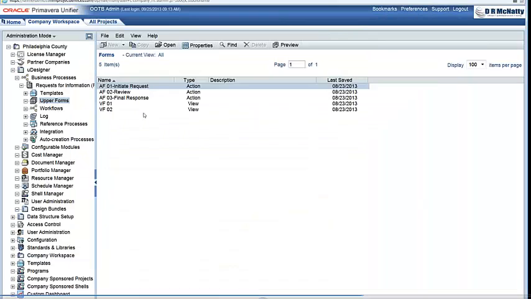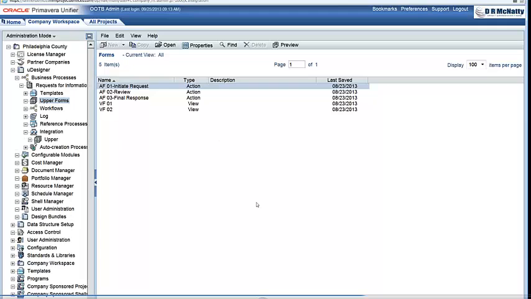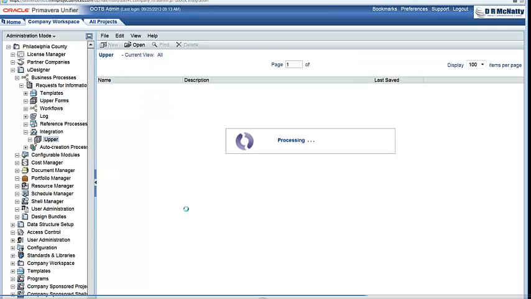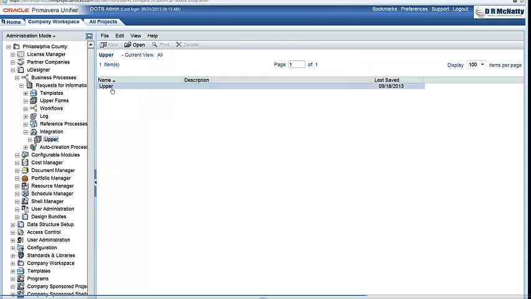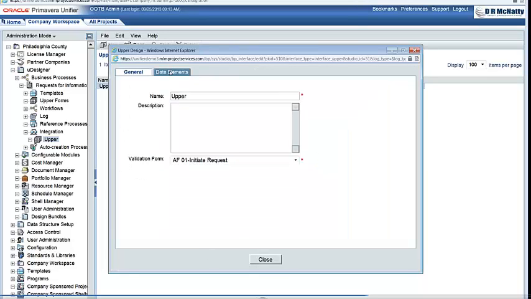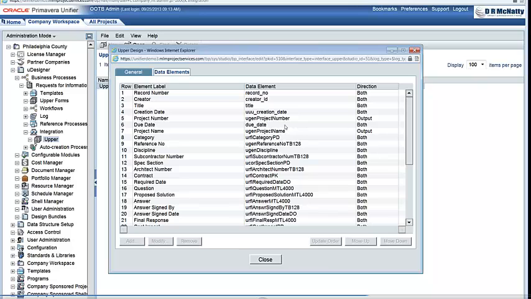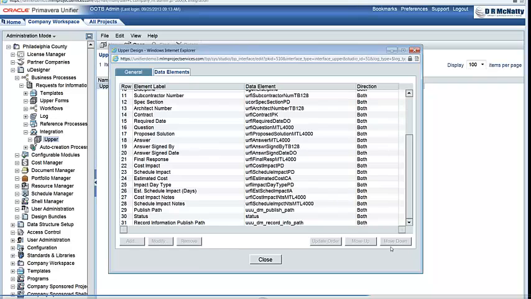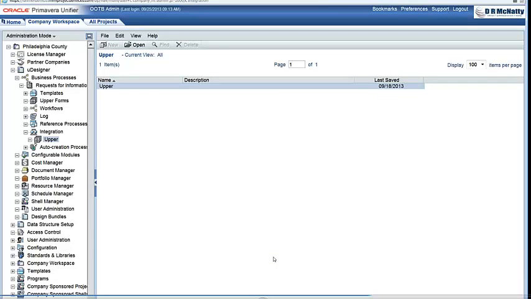One thing to remember as well: if you have made modifications to the form, you would want the integration process to include those two fields. You would need to include them within the integration form here. This would allow you to have integration via CSV or through web services. As you can see, currently all of the fields that are available for this RFI record are within the integration layer.